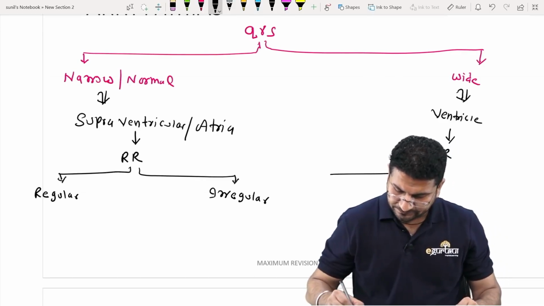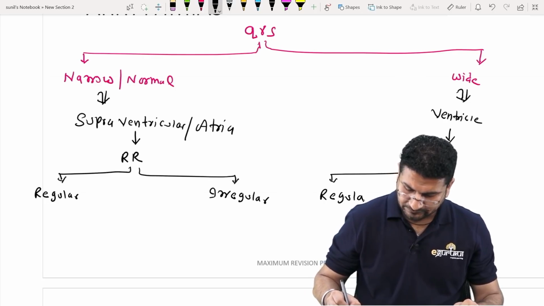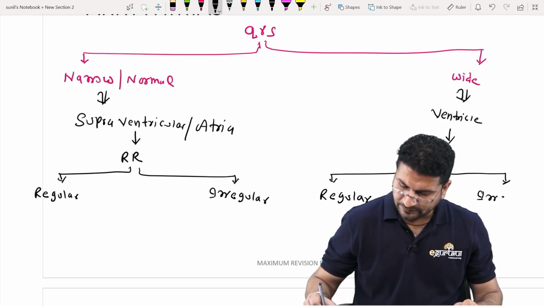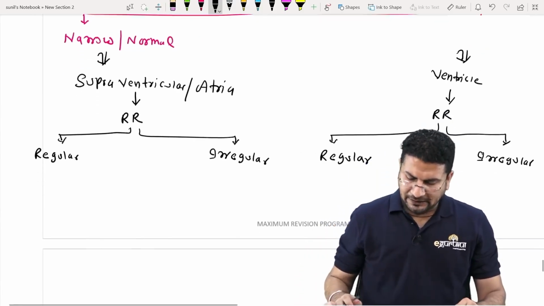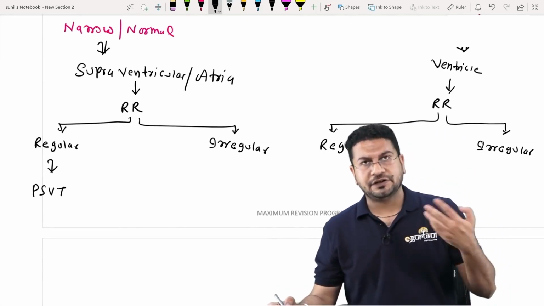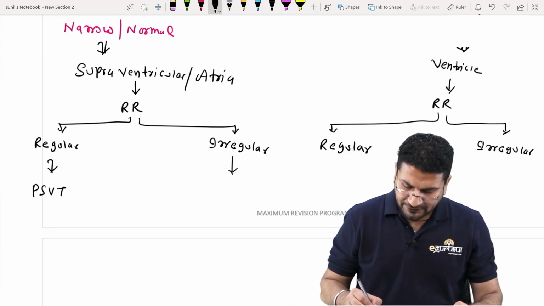Same thing here. If the RR interval is regular, we call this PSVT or SVT, paroxysmal supraventricular tachycardia. If the RR interval is irregular,